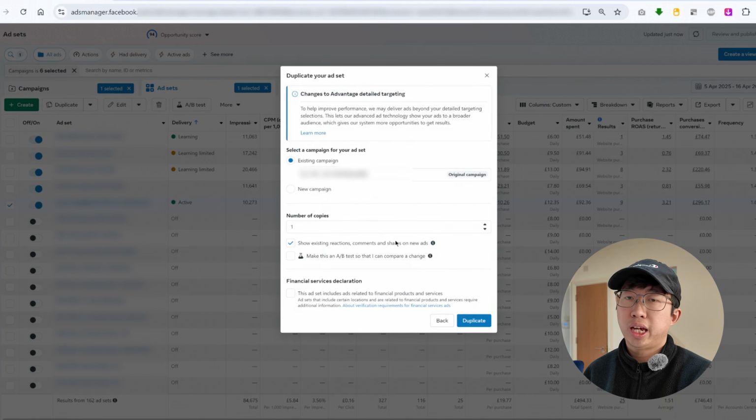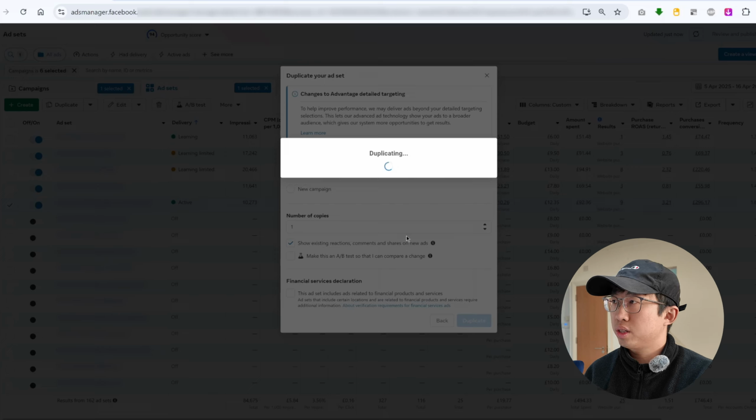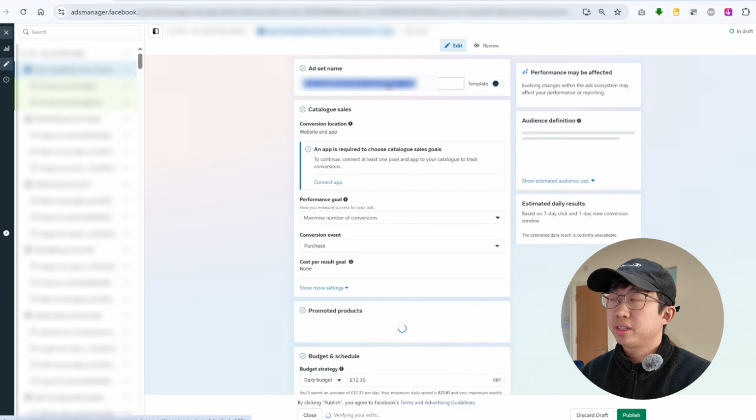So before we were scaling vertically by increasing the budgets and also optimizing on the ad level. And now we're going to duplicate the ad set within the same campaign. And then you could duplicate it by 3 times, 4 times, 1 time, 5 times, 10 times. It's up to you. However, I'm just going to duplicate once, and then I'm going to name this ad set